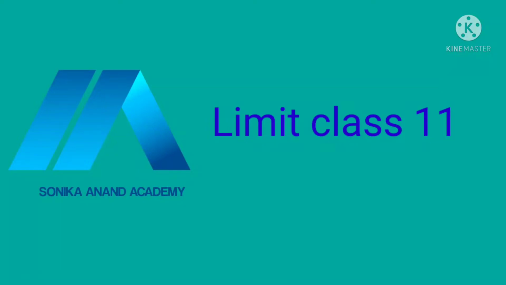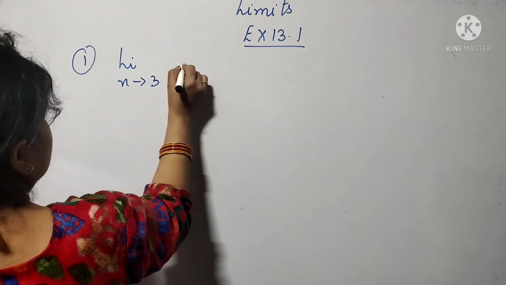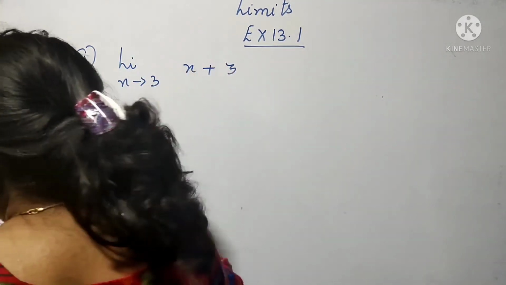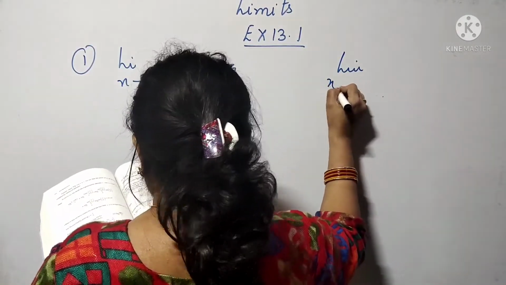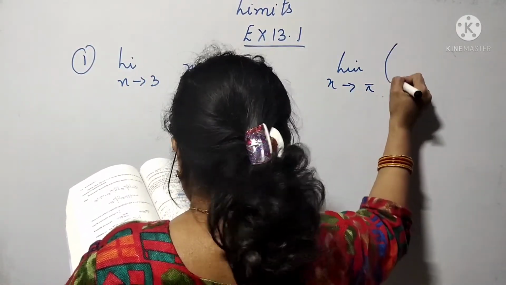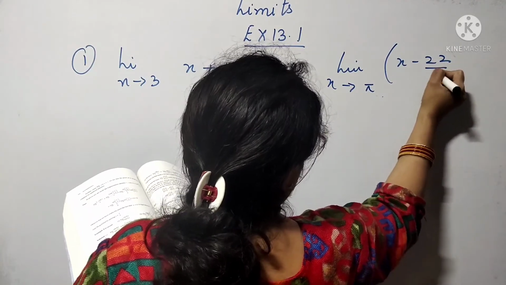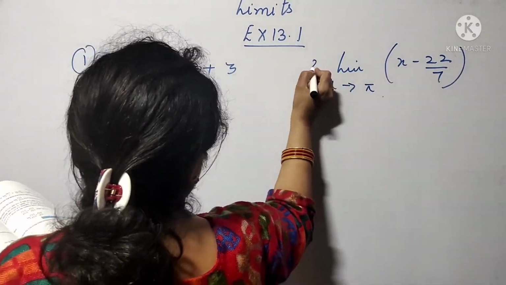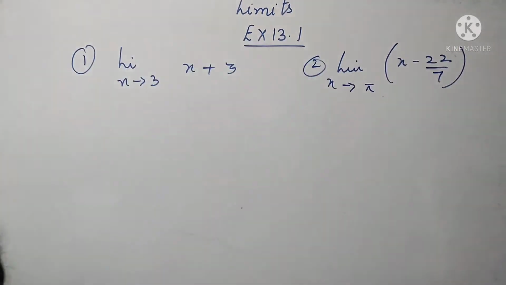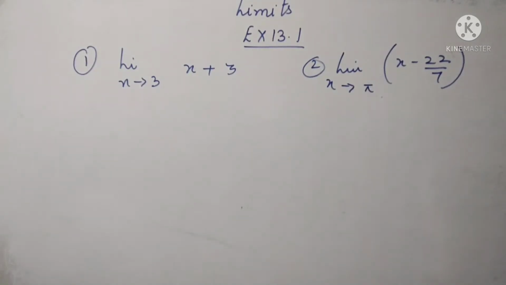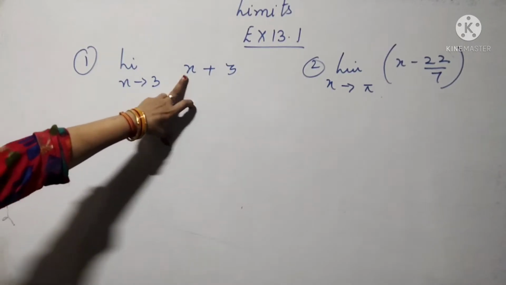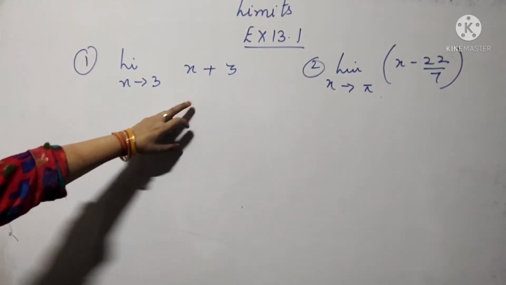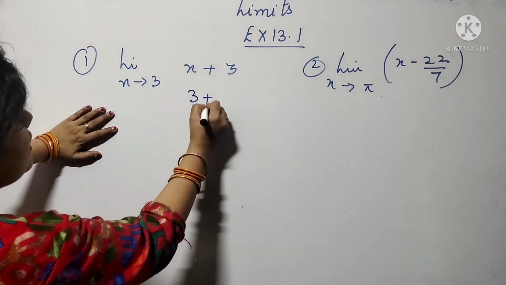पहला क्वेश्चन आपका इसमें है limit x tends to 3 value of x + 3। ठीक, दूसरा क्वेश्चन आपका है limit x tends to pi, x - 22/7। ये आपका सेकेंड क्वेश्चन है। चलिए देखते हैं इनको किस तरीके से सॉल्व किया जाता है। तो इसमें आपको कुछ भी नहीं करना है, ये आपकी वैल्यू 3 दी हुई है, तो यहाँ ये x की जगह आप इस वैल्यू को रख दीजिए। तो ये हो जाएगा 3 + 3